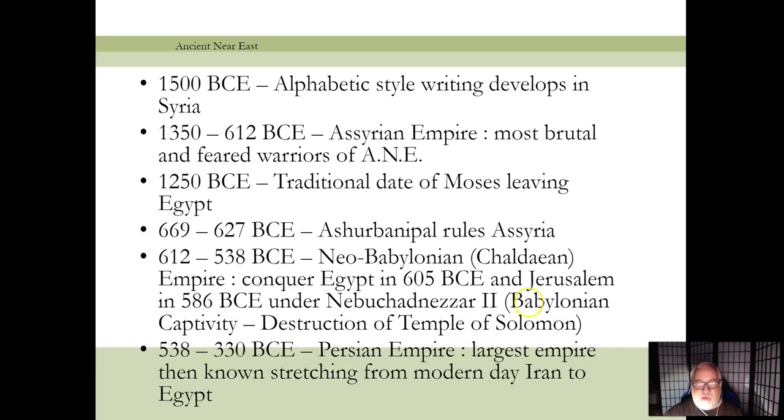So in the Bible, when they're talking about God's going to get even with the Babylonians and the Babylonians are evil, it's this group of Babylonians because they're the ones who conquered the Jews and destroyed the Temple of Solomon, the one that held the Ten Commandments and the Ark of the Covenant and Moses' stick, all that stuff. These are the guys who destroyed it the first time. And then the last group in the ancient Near East is the Persian Empire, which had the largest empire in the world